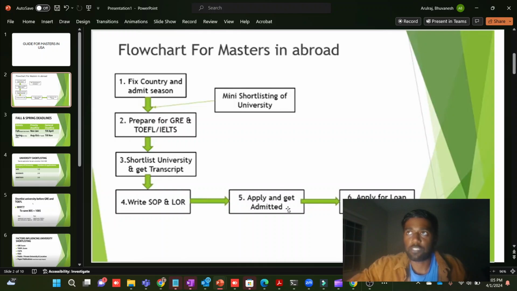Only after that will the university provide you with an I-20. So for that, many people will first take a loan, then apply to the university, and you will get your I-20. After getting your I-20, you can proceed with your visa. So this is the basic procedure for any master's abroad, but specific to the USA,